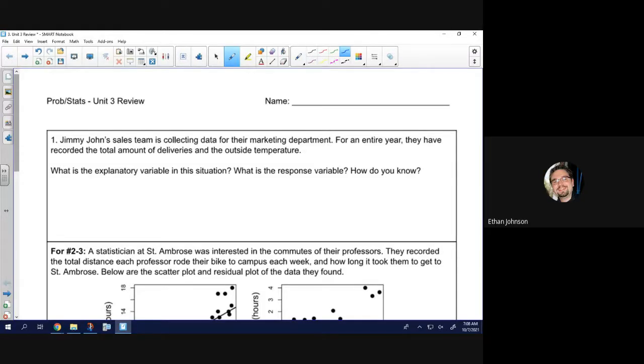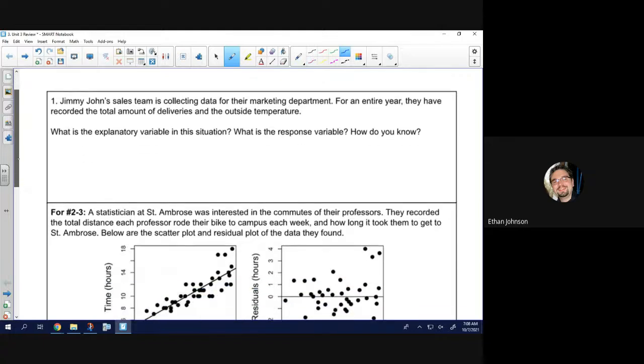Today we're going to be looking at the Unit 3 review. Now this is the last unit of Term 1, and it's all about scatter plots and linear regression and residuals. So number 1,